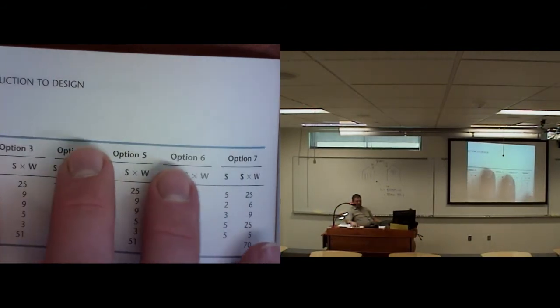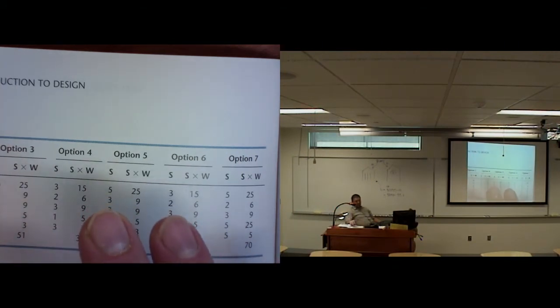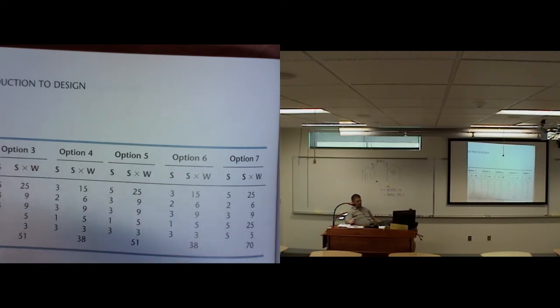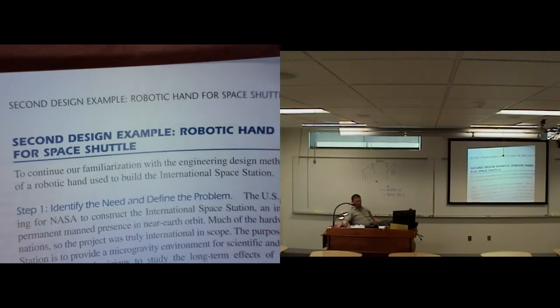And a matrix like this, which is often called a rubric or a matrix, does that very thing. It justifies your decision. Then once you've justified that decision, you can go through to designing, to more specified design. You can make a prototype, you can test, you can evaluate, you can go back, change it, and do whatever you want to. But that's just one example of using this process.